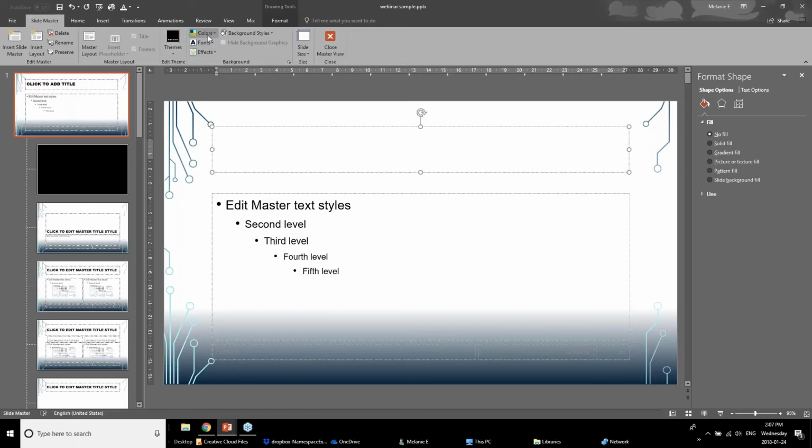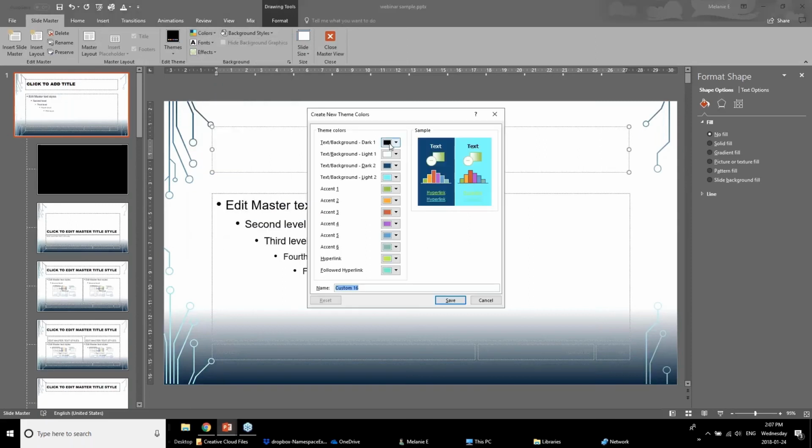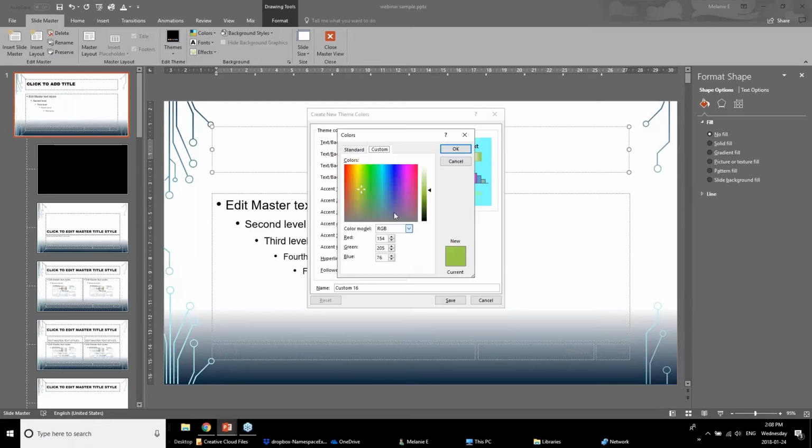Another thing as well is you can play around with the colors. So right now there's all these sort of preset colors that you could play with, but same sort of thing. If, for example, you had some custom branding colors as part of your company, you could go here in the background and customize everything, what the text looks like, any accent colors. So say your company has some particular branding accent colors, you could go in here and actually select the colors, or if they're not actually listed here, you can go in and actually type in the RGB and get very specific. Again, this is a little bit more advanced,